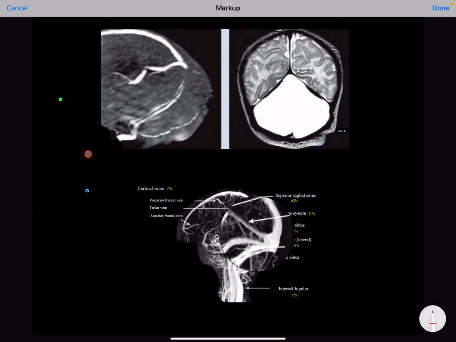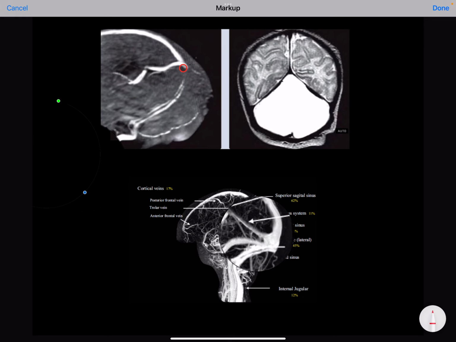This is another case. This is the MRV image, sagittal view, and this is the T2 weighted coronal image of the brain of a newborn baby. Here in the first image you can see that torcular herophili is very high. You know that this torcular herophili should be lower than the lambdoid suture. At this site there should be a lambdoid suture, but here in this case you can see